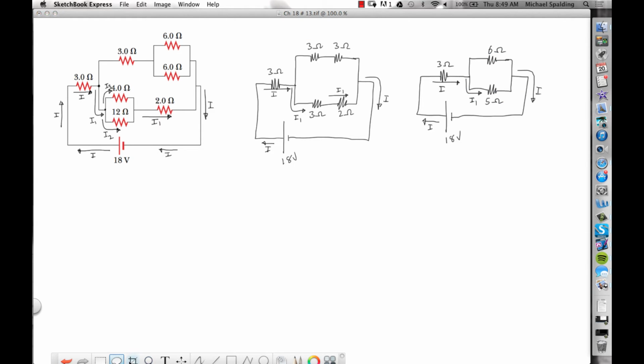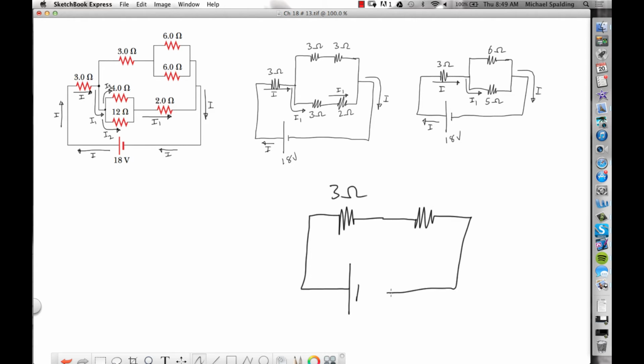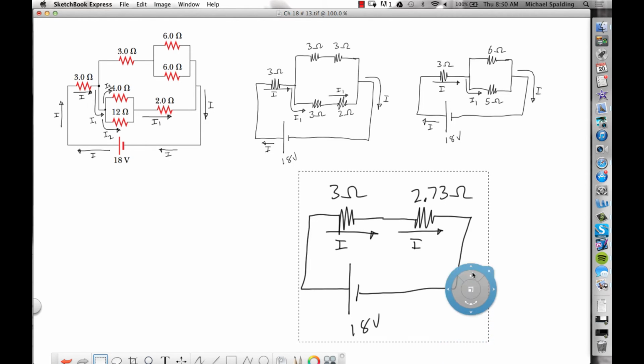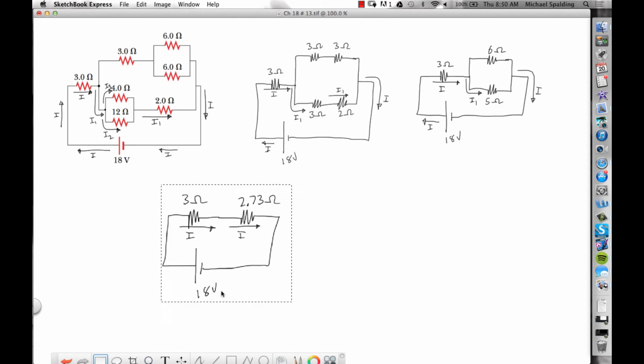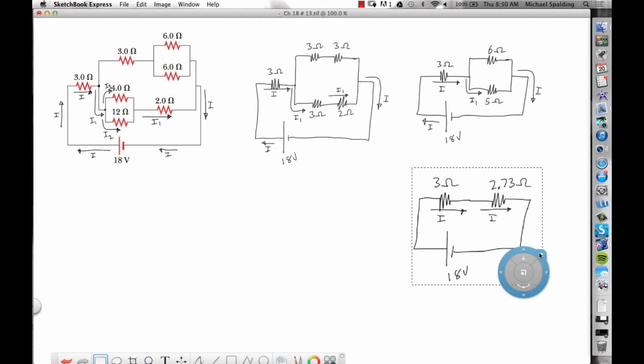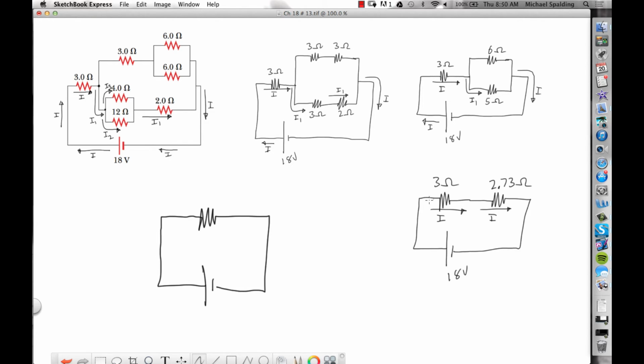Okay, next thing we simplify. We're going to simplify the 6 and the 5. They are in parallel. So when you simplify that down, it's 2.73. So let's see, I'll come down here. So the next picture is going to look like this. 3 ohm, a 6 and a 5 simplified is 2.73, and then 18 volts. The current flowing through here is I. And remember, current in series is always the same. Okay. So let's see. Why don't we put it over here? No, we'll stick it here. There. And then the final picture is going to be 5.73